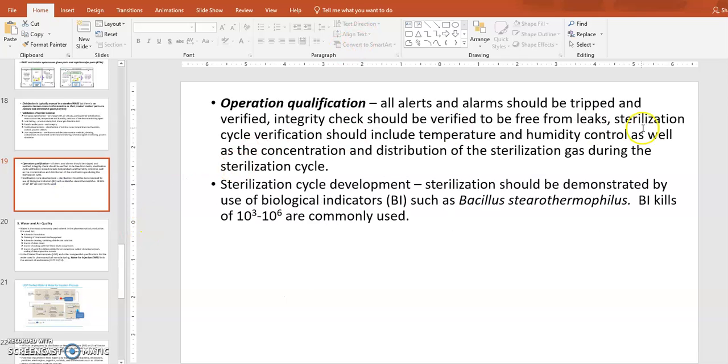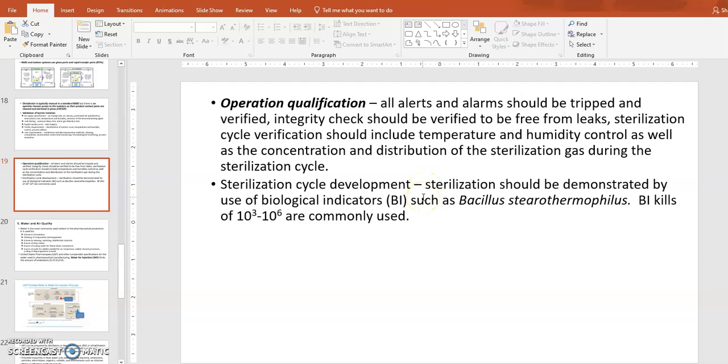Okay, operational qualification. All alerts and alarms should be tripped and verified. Integrity check should be verified, and they should be free of any leak. Sterilization cycle verification should include temperature, humidity control, as well as the concentration and distribution of saturation gas during the sterilization cycle. Makes sense. And sterilization cycle development, so you have to prove that your sterilization method is really